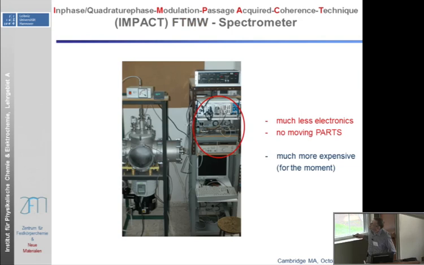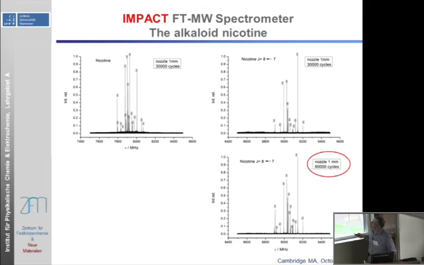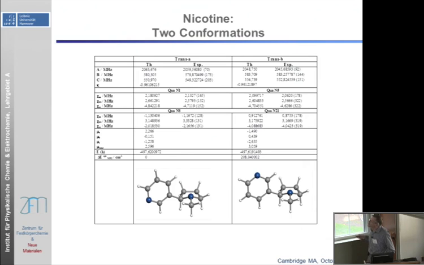This is the first setup we did, not in Hannover actually, because the Violith people had money first. So now the amount of electronics, if you remember the other picture, is just very limited. No moving parts, you don't have to tune the resonator, that's another advantage. And the first spectrum we actually did was of the alkaloid nicotine. In this setup you get a gigahertz in one shot, and in about 10 minutes you get a spectrum like this. That's a gigahertz broad. And there were actually two conformers in this molecule, which are easily identified.